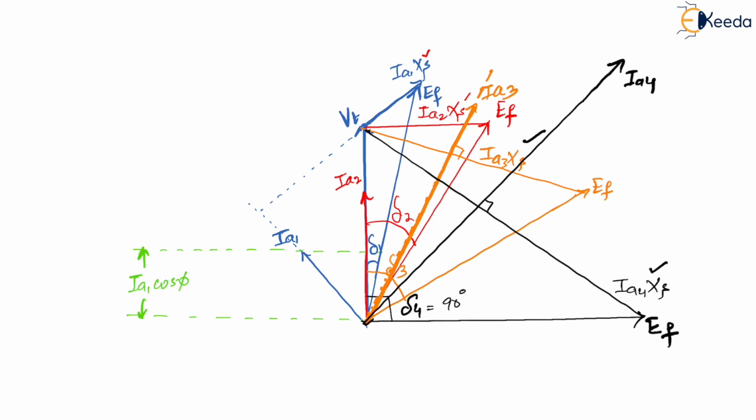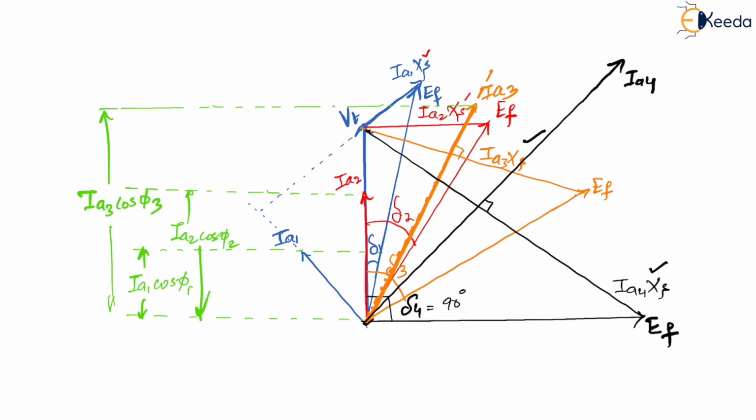Then in case of Ia2, Ia2 came here. So Ia2 cos phi 2, and this is cos phi 1. So Ia2 cos phi 2 has also increased. Yes or no? Phi 2 in the sense of the angle, no? Yes. Ia2 cos phi 2 has even more increased. Then again, Ia3 comes out to be here. So again here, Ia3 cos phi 3. Again, you can check it for yourself. Ia cos phi has increased or not? Yes. Ia cos phi has increased, sir.